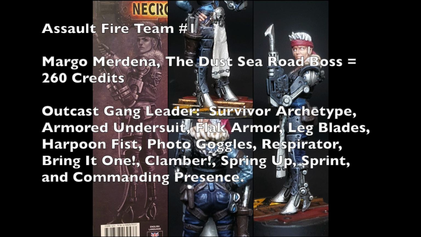Once again, Margaret Medina, the Dust Sea Road Boss, will still be the leader of your gang. She's going to cost you 260 credits this time. She's going to be a Survivor archetype with armored undersuit and flak armor, so that she's got a 5-up armor save. She still has her leg blades as well as her harpoon fist, but we're giving her photo goggles